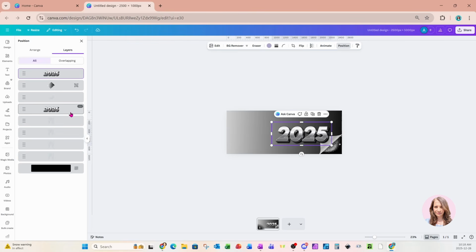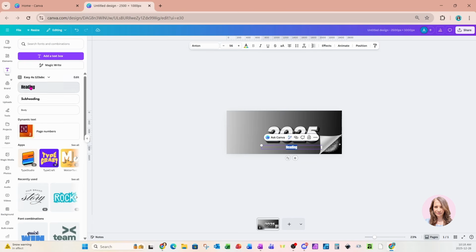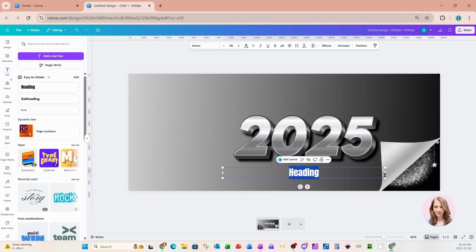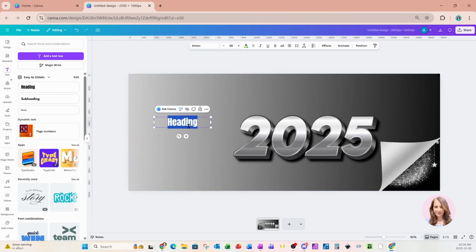And I'm going to grab both the 2025 and the 2026 since they're kind of around the same area. And I'm going to add a little bit more text. So I'll just place some text in here. Let me make this a little bit bigger so we can see that text. And in this text, I'll just say